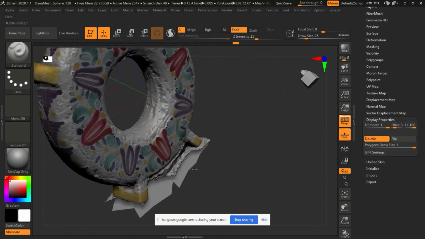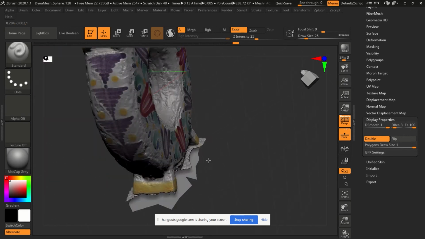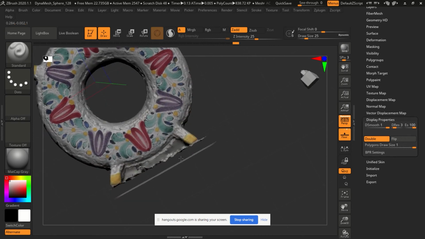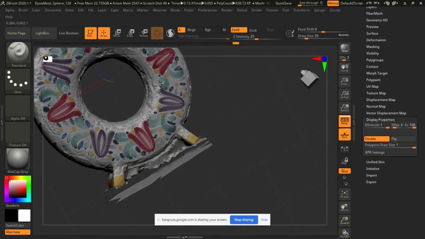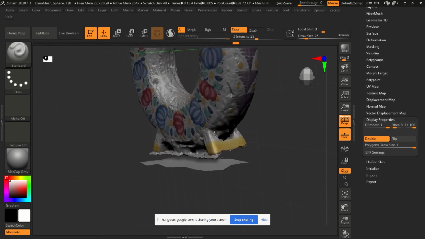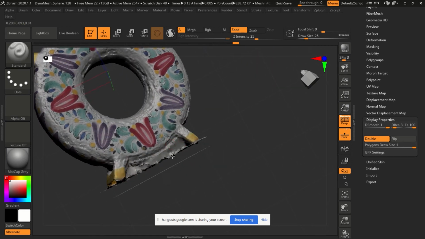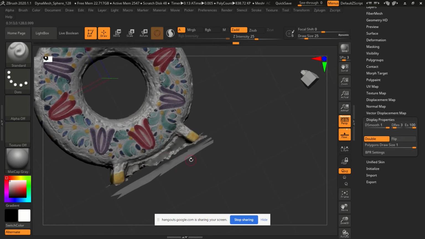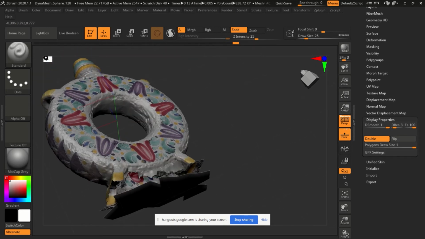Now that's useful when we're sculpting, but when we're optimizing our model, I prefer to have it on so I know, okay, these are the faces that I've missed and I haven't deleted yet. And you'll see that this is the face that I have missed and haven't deleted yet. So I can delete that